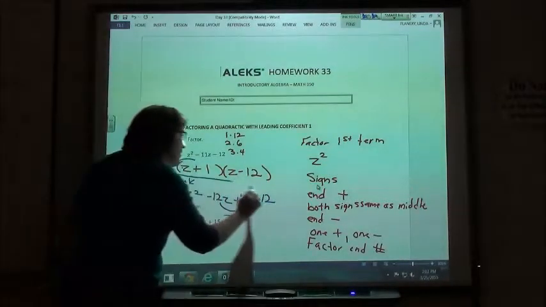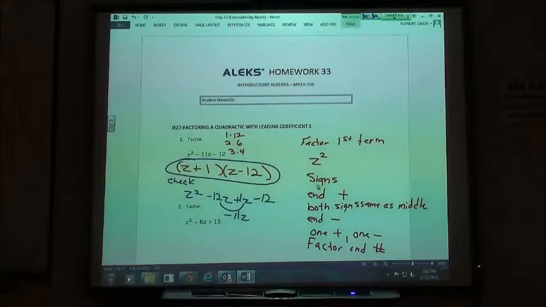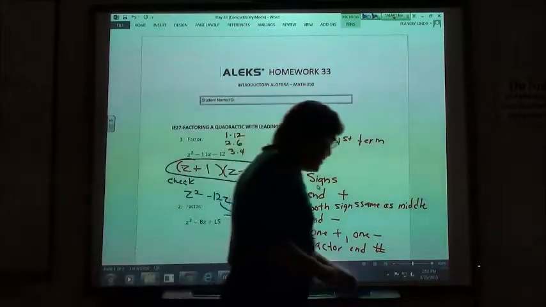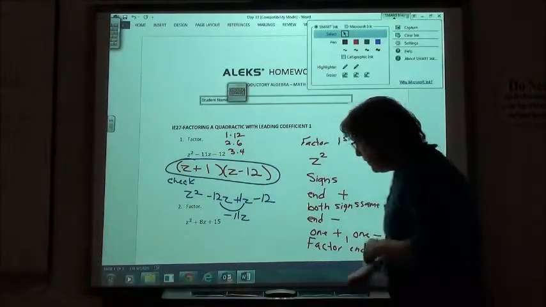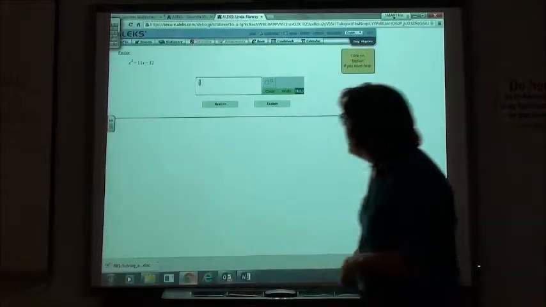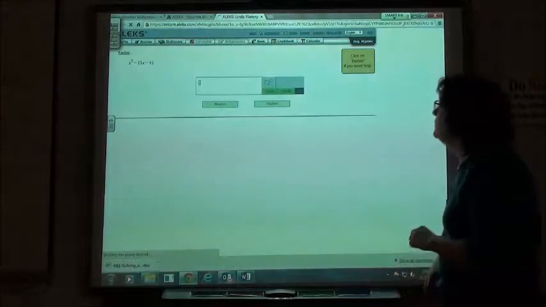When you enter it in on the computer, you're going to enter in your factors. In parentheses, z plus 1 times z minus 12. Now this is one of these problems that I do them differently than on the Alex program. So I would suggest that either when you're on this problem, if you go to explain,